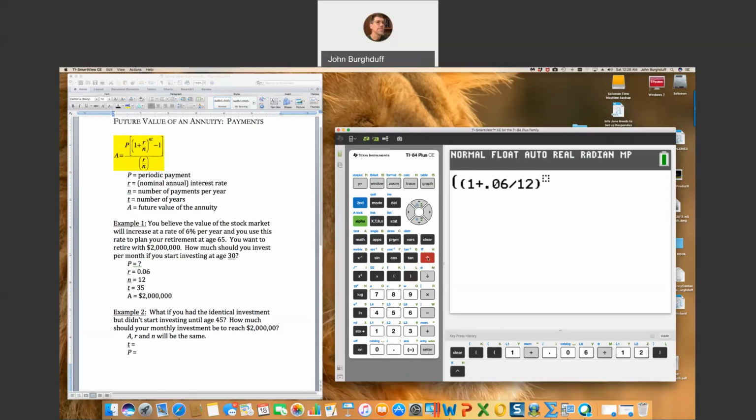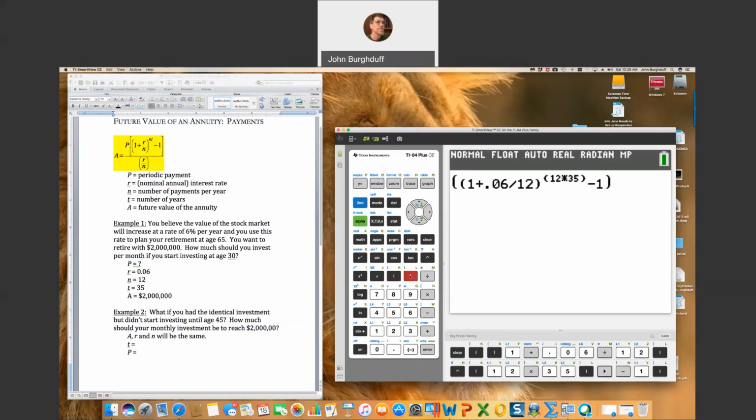In the newer brands of calculators, you'll see this looking like an exponent, and you'll just enter the exponent. In the older versions of the TI calculators, you would have to put this in parentheses. Let's use parentheses in our exponent anyway, just to be sure. It's a pretty good practice. n times t, so n is 12, t is 35. I need to then get out of the exponent, and I do that by clicking this right arrow here on this circular wheel, minus 1,